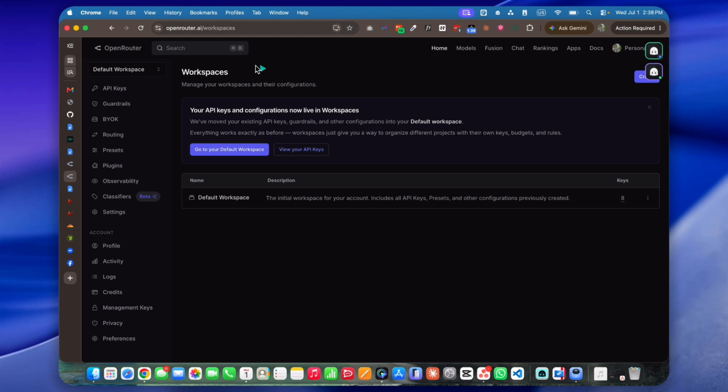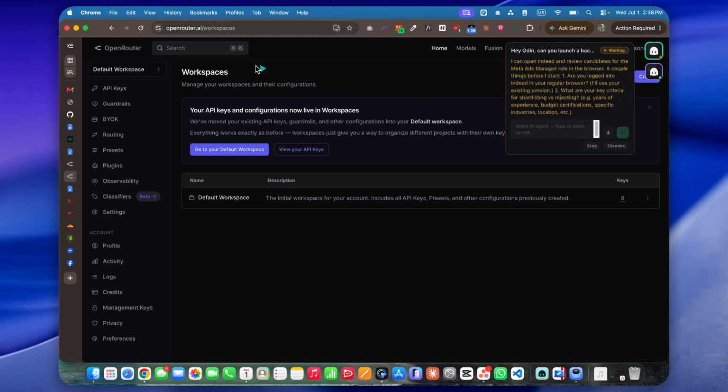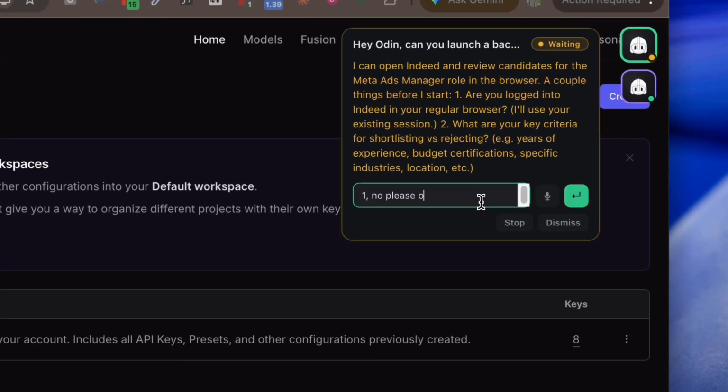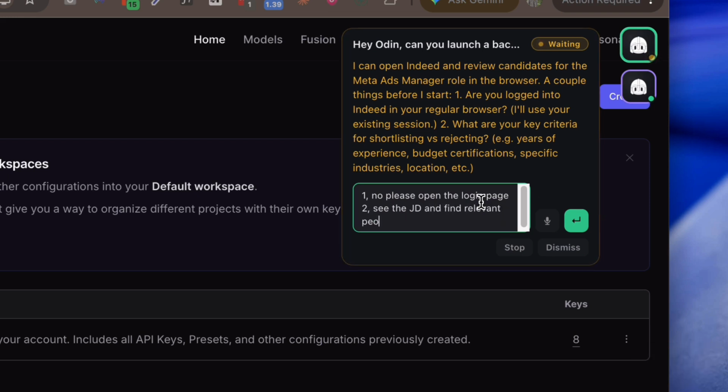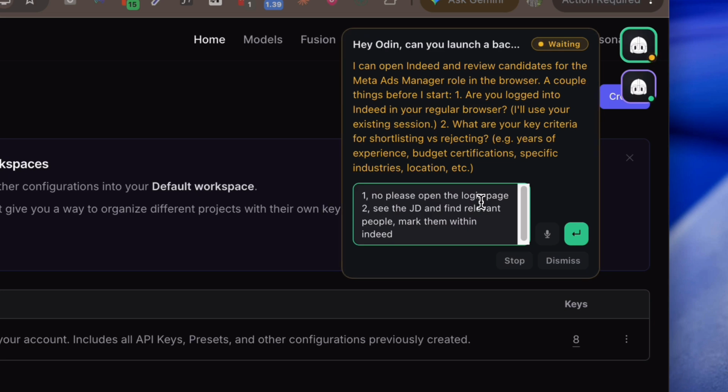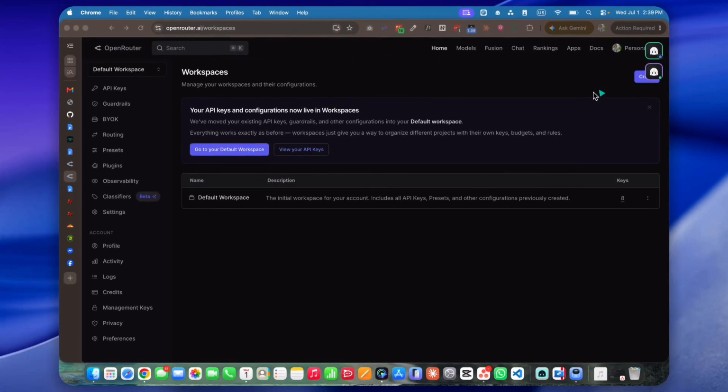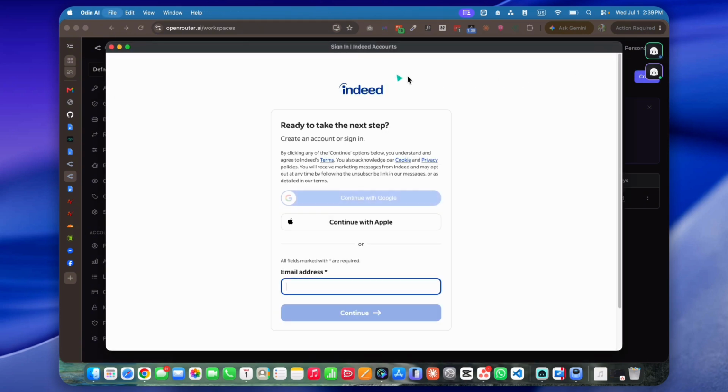One of them is the fact that Odin can teach you things. Let me just quickly reply to Odin. So essentially, Odin was asking if I'm logged in or not, and I'm honestly not sure. So I just told Odin that I'll log in, and as you see now, Odin has pulled up the login